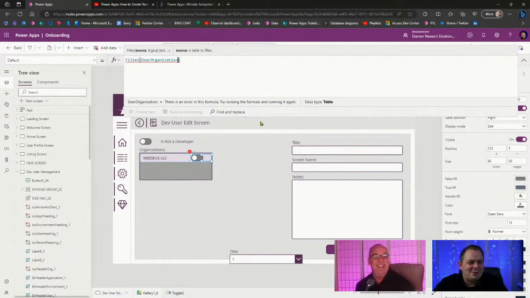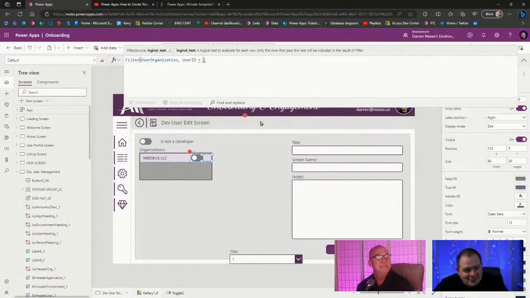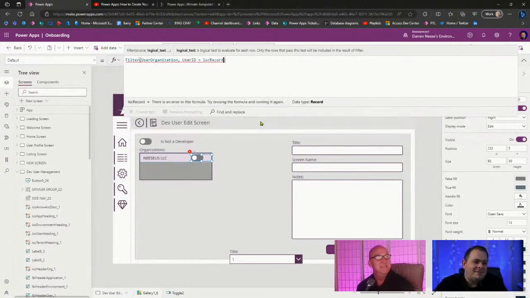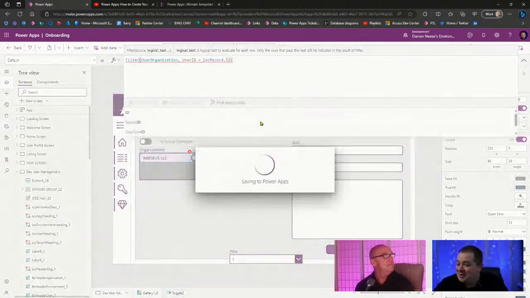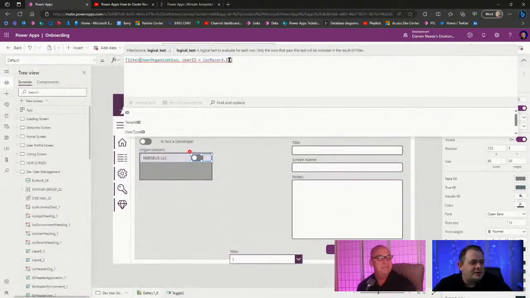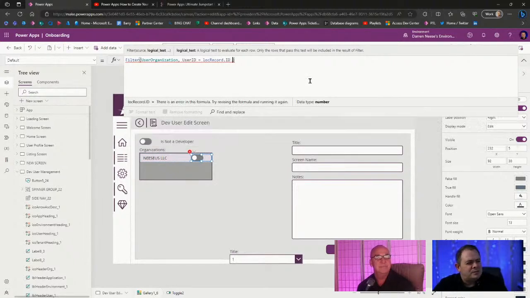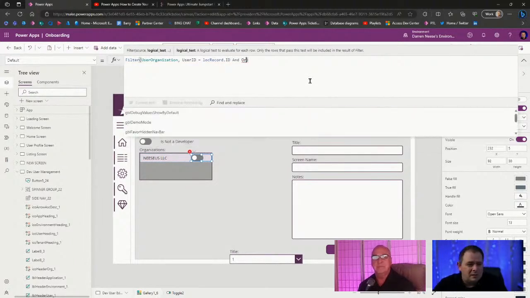We'll filter the user organization. That's the mapping table. And we need to say where the user ID equals local record dot ID. Now what I'm going to do is hit Control S just in case it crashes again at this point. And then we'll say, and the